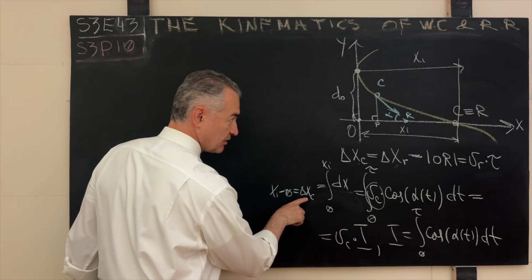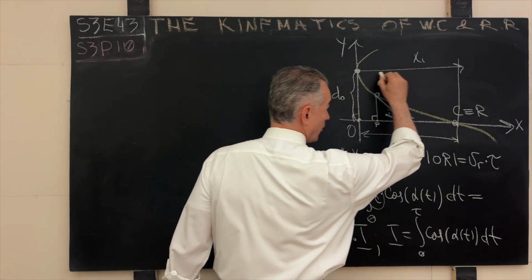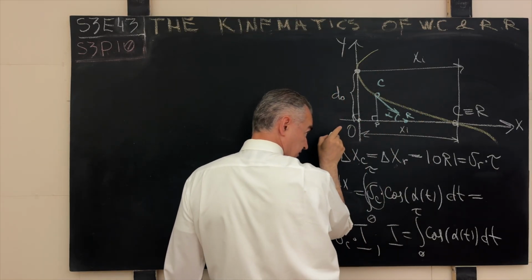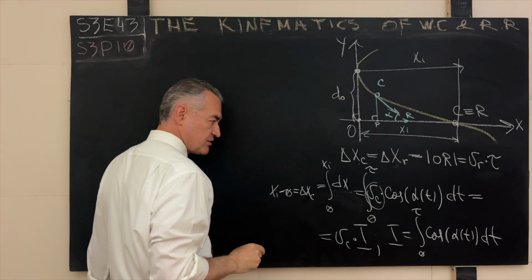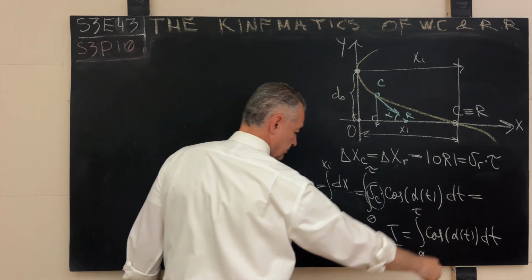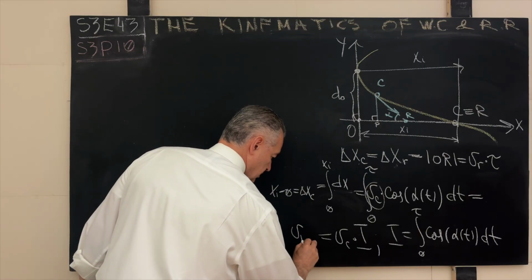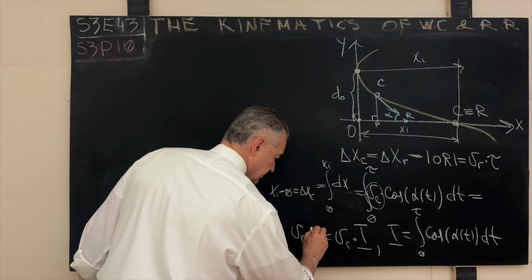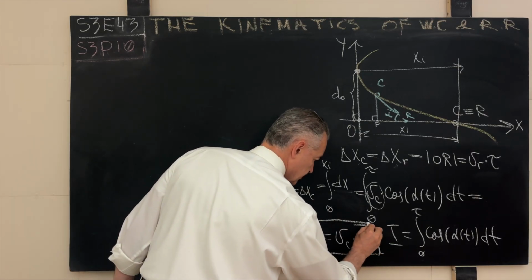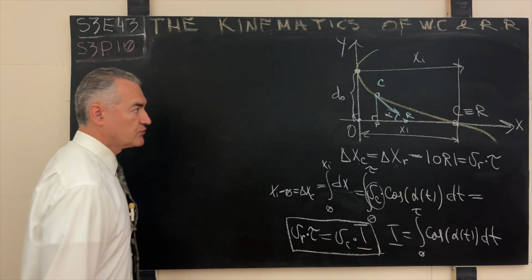But this horizontal displacement of the chaser, remember, both of these points stepped away from the y-axis along the horizontal direction by the same amount. So now this must be equal to this, the velocity of the runner times tau. So this is our relation number one. Don't forget, don't be confused.